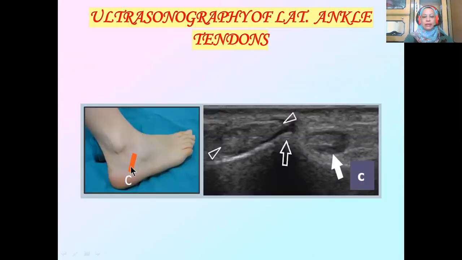Imaging short axis of peroneal tendon is like that. This is a probe position, still examining the transverse axis of peroneal tendon, and this is the appearance. This is peroneus brevis tendon, and this is peroneus longus tendon, separated from each other by peroneal tubercle of